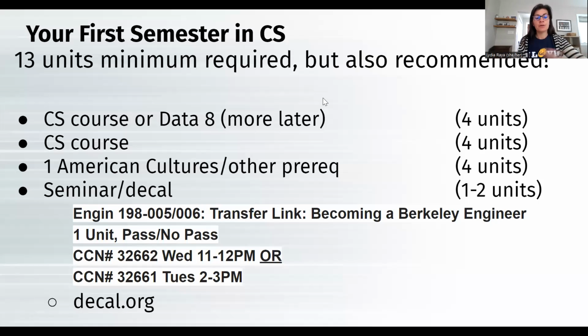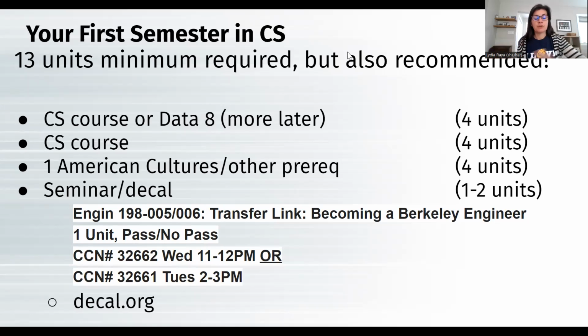So just a general picture of your first semester is that 13 units is what's required unless you have a reduced course load approved. So you're going to be looking at 13 units per semester for L&S, but also it's a great starting point. So you don't want to take too many classes in your first semester because it's a big transition of learning. You've been in college for however many years by now, but what's college like at Berkeley? This is going to be an experiment.